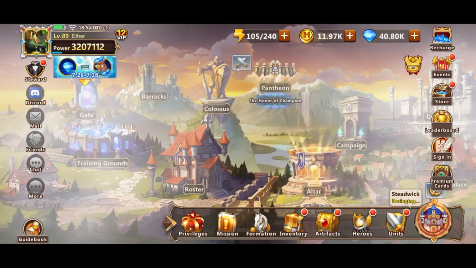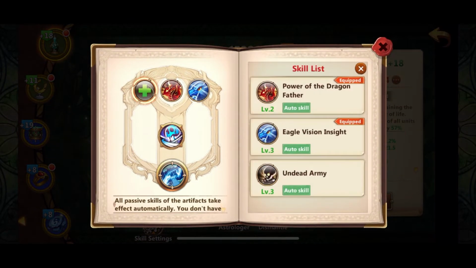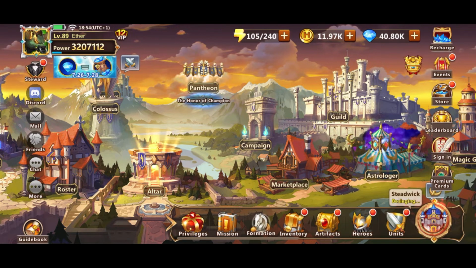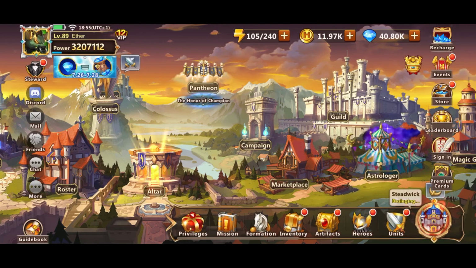So another thing I want to show you that's really important in a Kilgor formation is that, as you can see, Undead Army is not equipped for me. So it took me a while when I found out why I was losing to some people. It's only because if you have Undead Army equipped and you have a Genie in your team, the Genie will focus its healing on the summoned skeletons. I don't need them alive that much. So I figured if I just enable